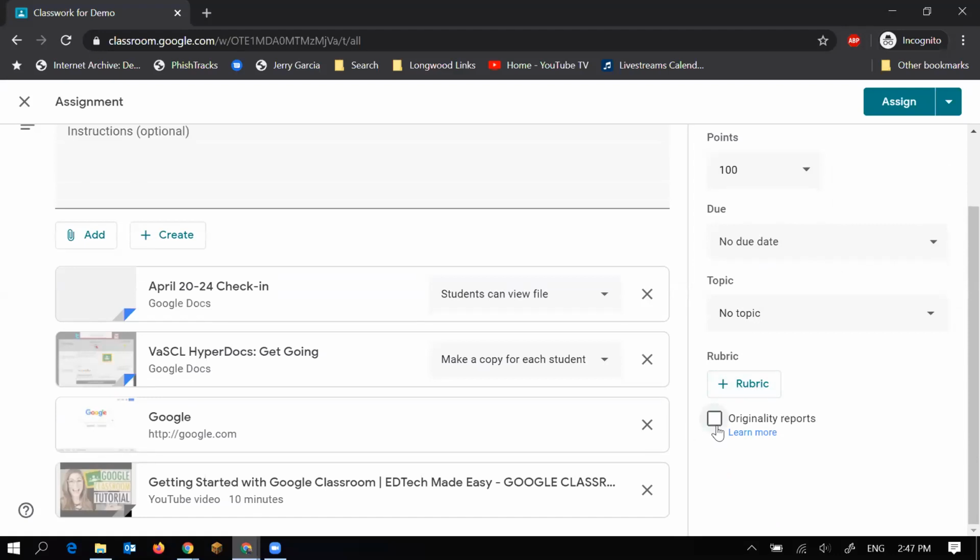We also have the option of originality reports. I do want to just quickly say, I would encourage you not to really mess with originality reports for the remainder of the school year. We have enough going on right now. If you're shifting to Google Classroom, that's a big enough transition. But essentially what this does,